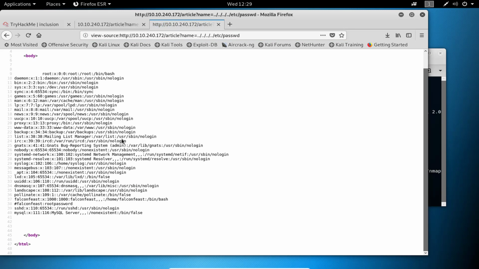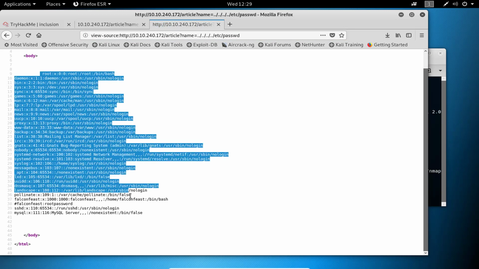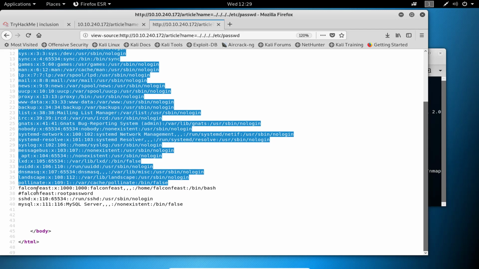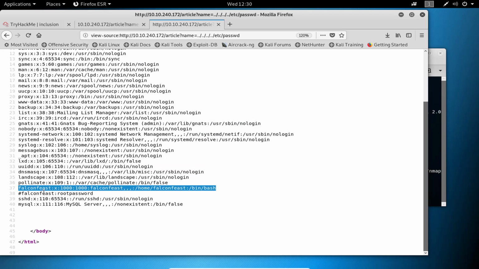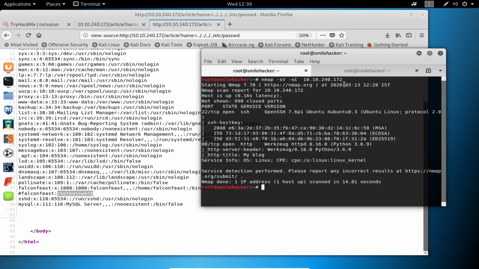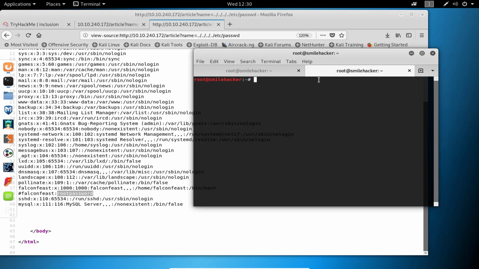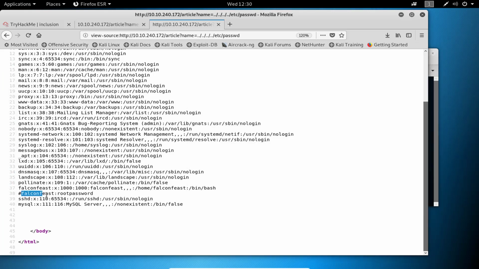So here we got the root directory. We can easily see that Falcon Feast is the user and here is the password. So we are going to make an SSH connection: ssh, username, which is Falcon Feast.